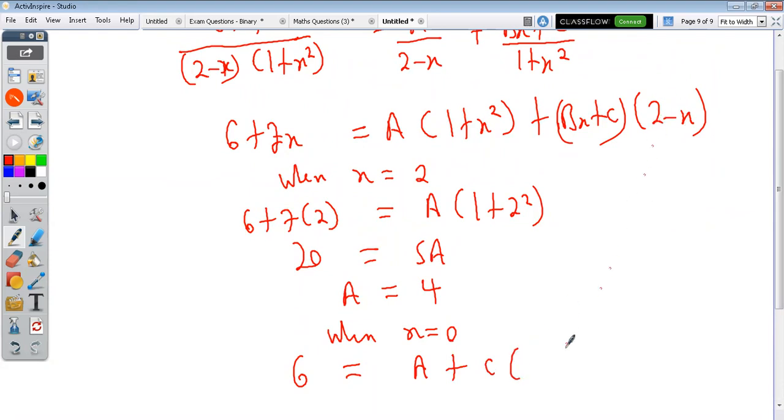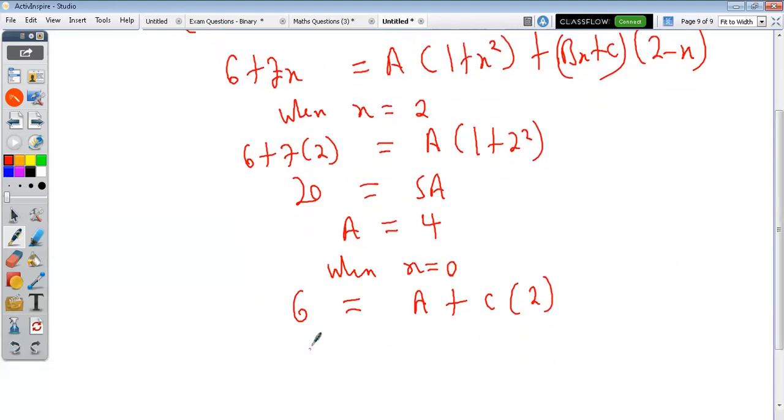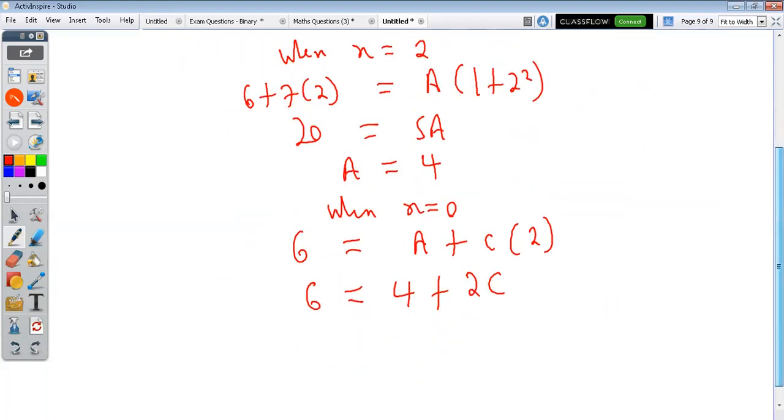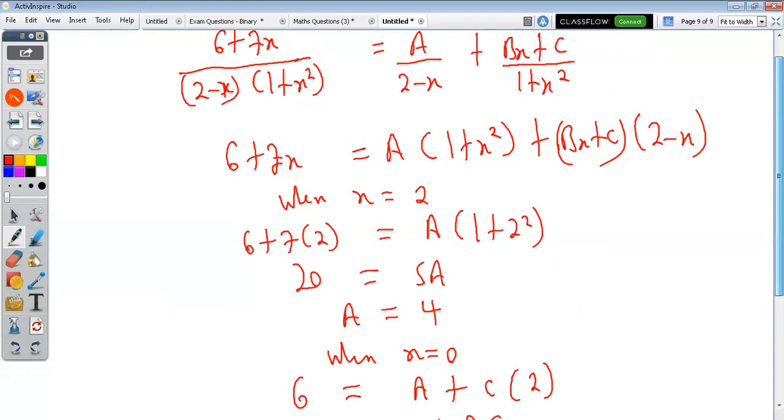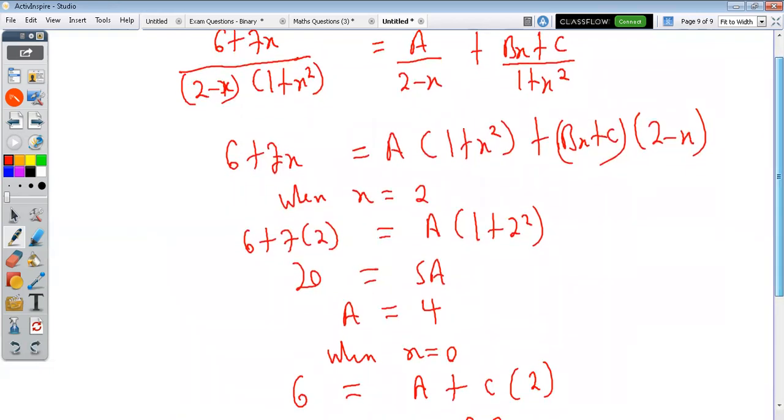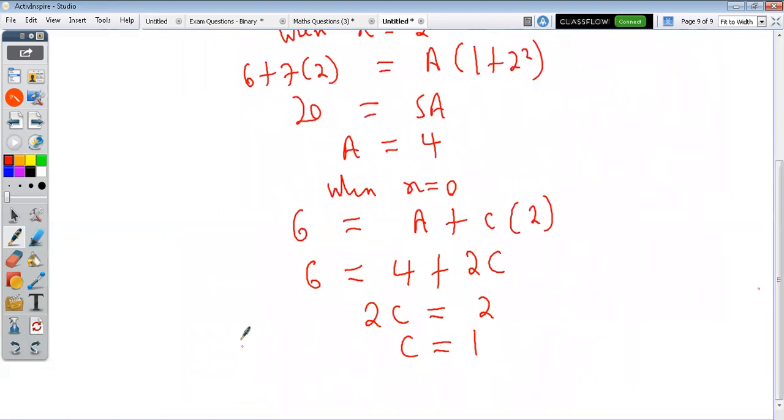If this is 0 there, what do we get? 0 there, that's 2, 2c. So we are saying 6 is equal to, what is a? We know it, 4, plus 2c. Therefore, we are saying 2c is equal to 2, because we're saying 6 minus 4. C is what? 1. Then what we now do, we can use any value, but I would suggest to use lower values. So for example, I can say when x is equal to 1,